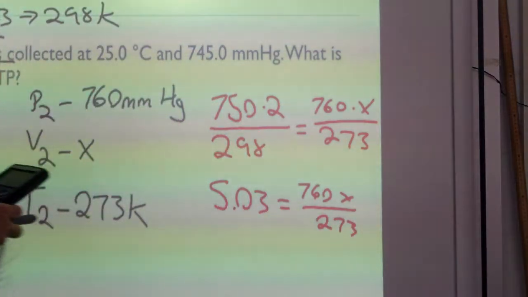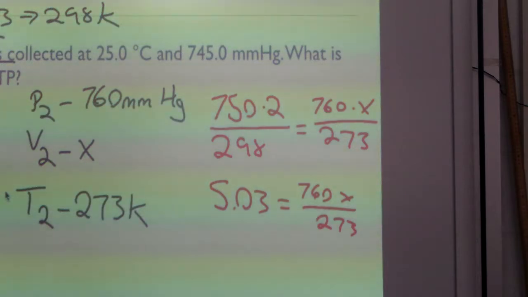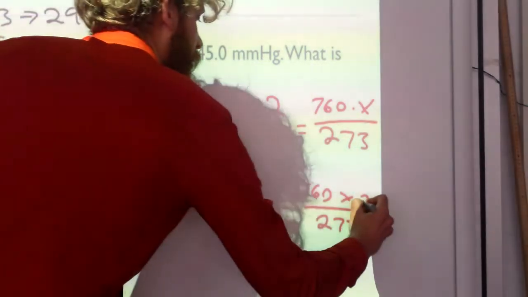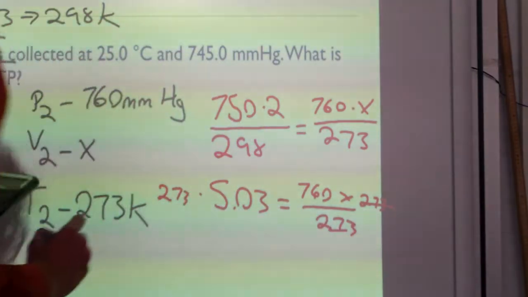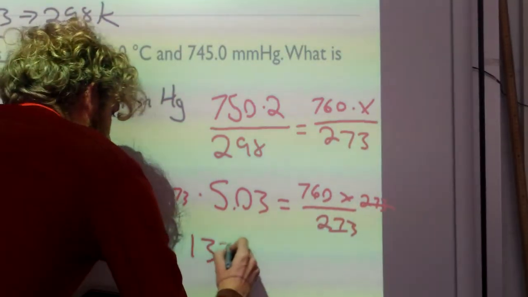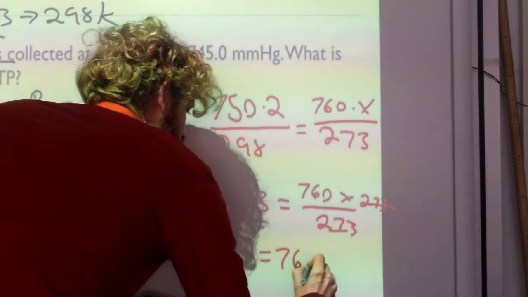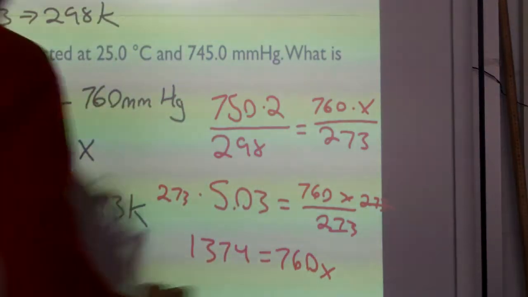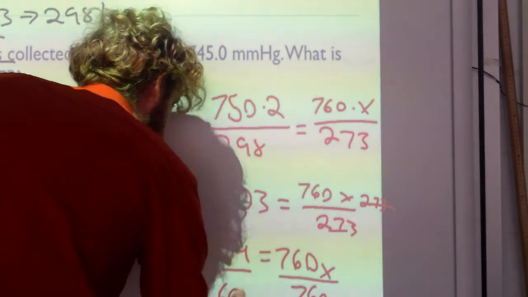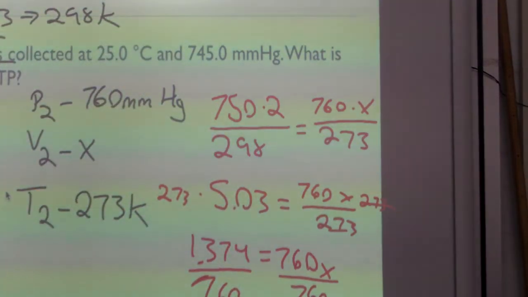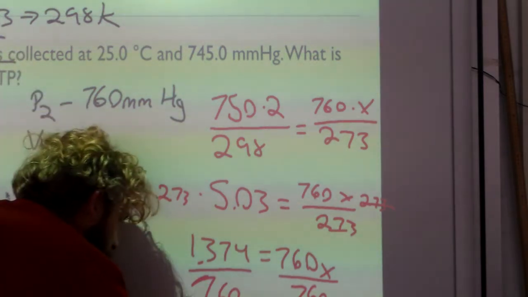Multiply both sides by 273. 273 cancels that out, times 273. That gives us 1,374 equals 760 X. Divide both sides by 760. This is just math. Divide by 760 equals 1.808. So you guys should be following along with your calculator, hopefully. And we know that X equals